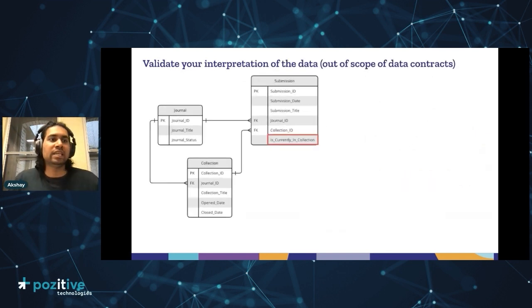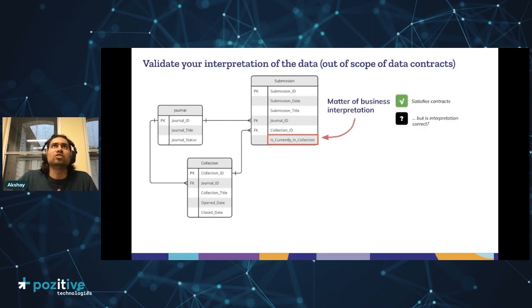The other thing that came across when we discussed data contracts is there were some cases where we had agreed on a contract. In this case, there is a Boolean column, which is currently in collection. So it's basically a Boolean column with true or false, and it is not a null column. So yes, it was very easy to satisfy this contract,